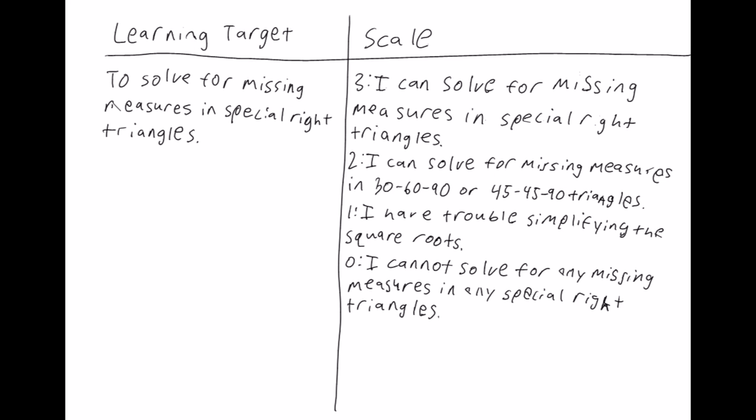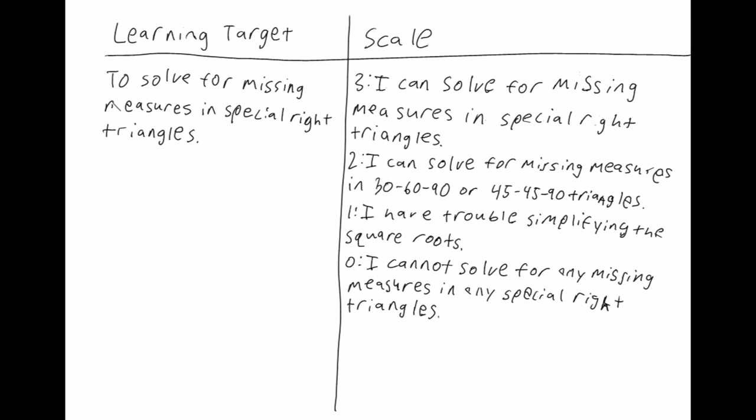The learning target for today is to solve for missing measures in special right triangles. For the scale of 3, you can solve for missing measures in special right triangles. 2, you can solve for missing measures in 30, 60, 90, or 45, 45, 90 triangles. So special right triangles are either 30, 60, 90s or 45, 45, 90s, and you're a 2 if you can solve